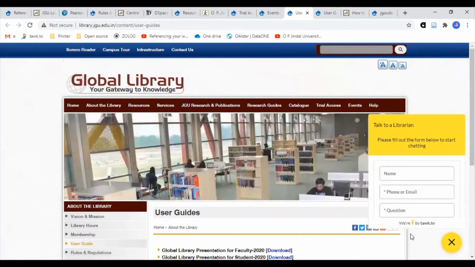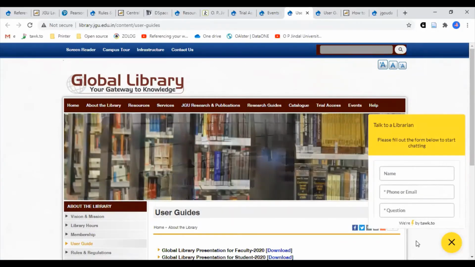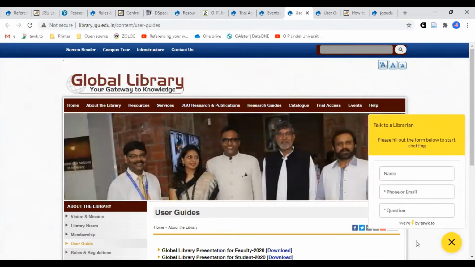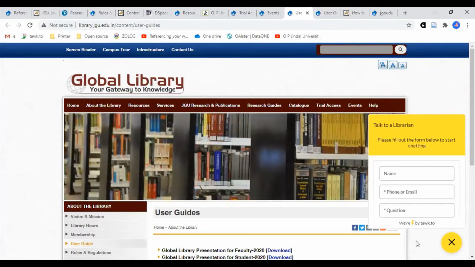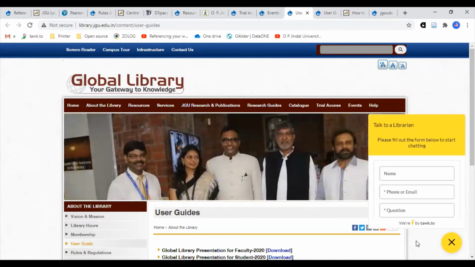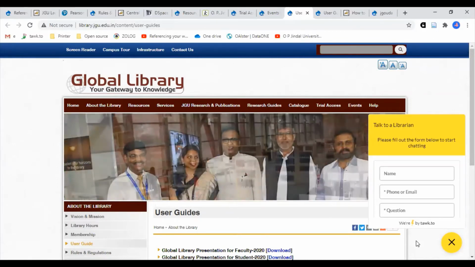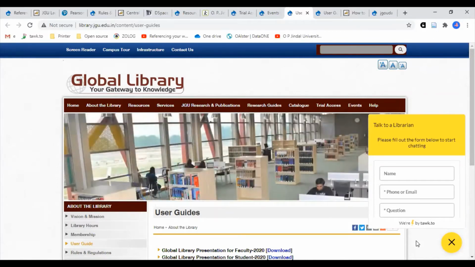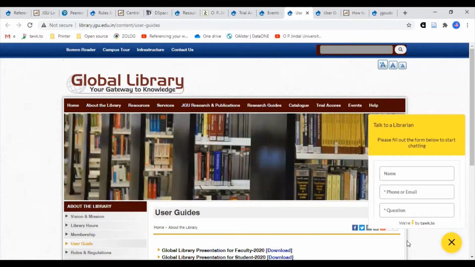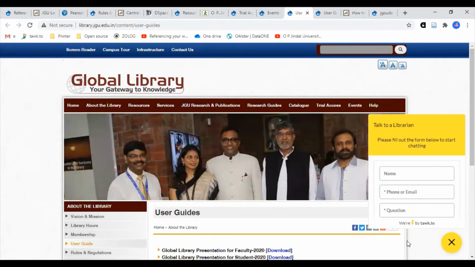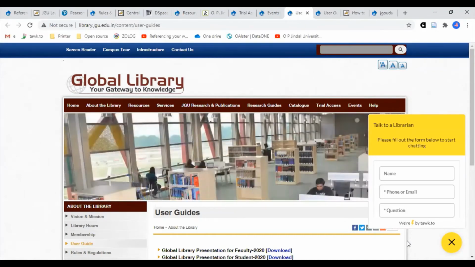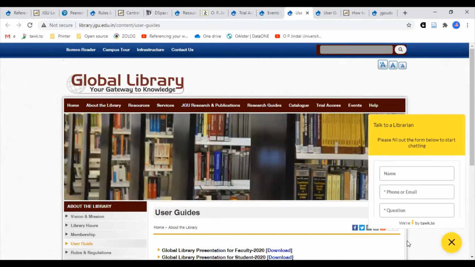You can simply connect with one of the staff members of the Global Library and talk about whatever, in case you are stuck with any of the e-resources of the digital library or the steps to it, or you just need to know the passkey to access it. So to get answers to all such questions and go for some kind of live assistance, we are available between 9 a.m. till 9 p.m. in the evening to assist you.